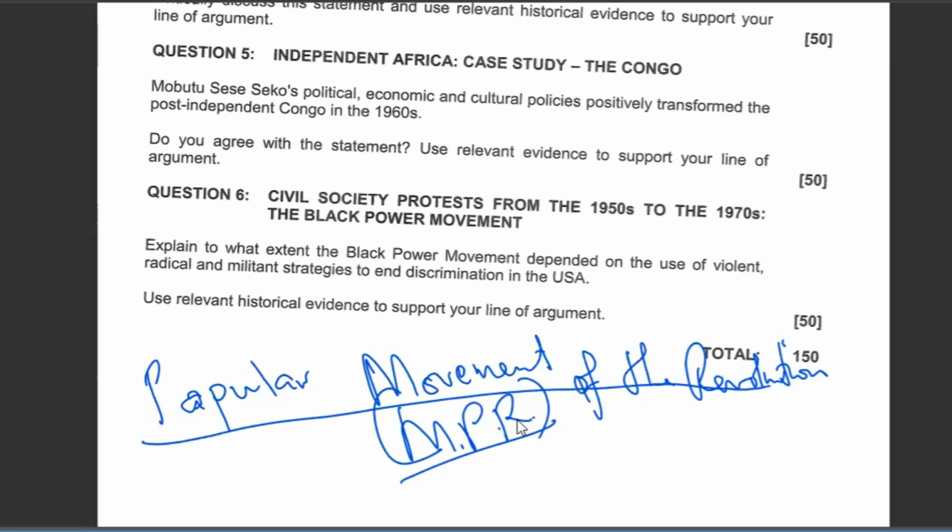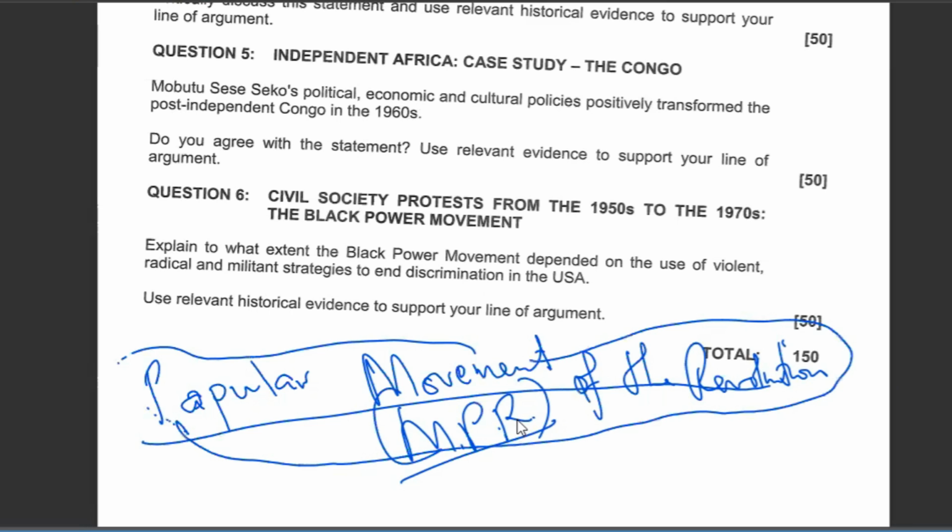So this was the political party which was legally recognized in Congo as the one and only political party for the whole country. People were supposed to obey and oblige themselves to the Popular Movement of the Revolution. That was the only legal political party which was allowed to exist during the time of Mobutu. And what happened? We can further elaborate on this. He made it compulsory for all Congolese to join that political party.